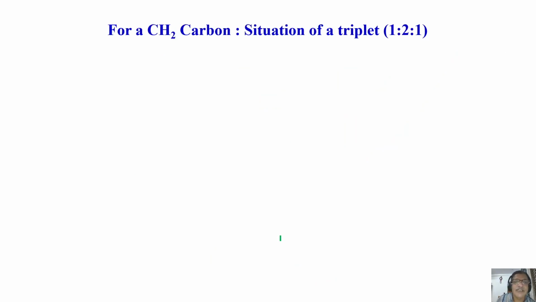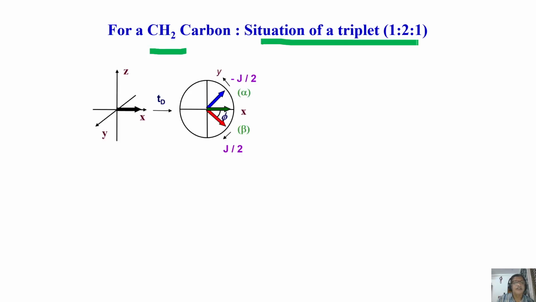Now we will see what happens to the CH2 carbon in the same echo sequence. What is the carbon here? Carbon is split into a triplet because of CH2. Two protons are attached to it, remember. As a consequence, it is going to be a triplet. So now I resolve three components: a fast moving component, a slow moving component like this, and the central component, which does not move at all. Remember, one is at 0, another at plus J, another at minus J.